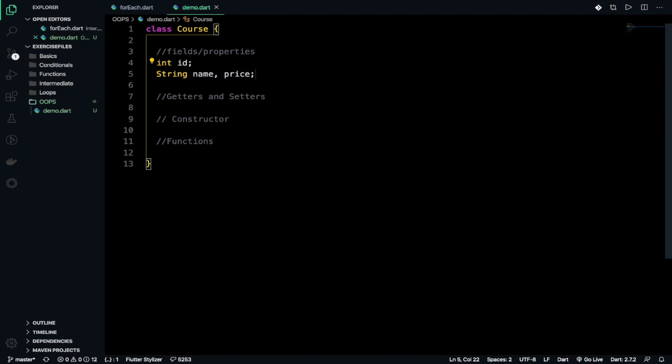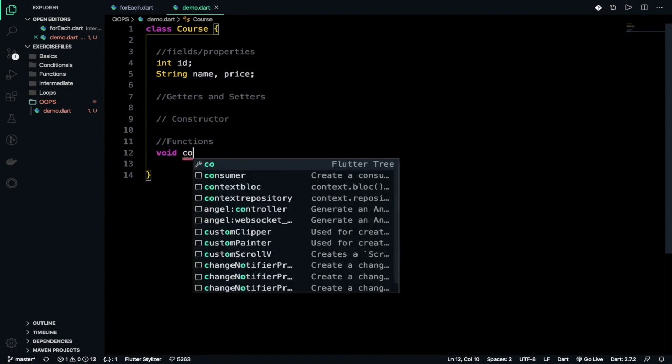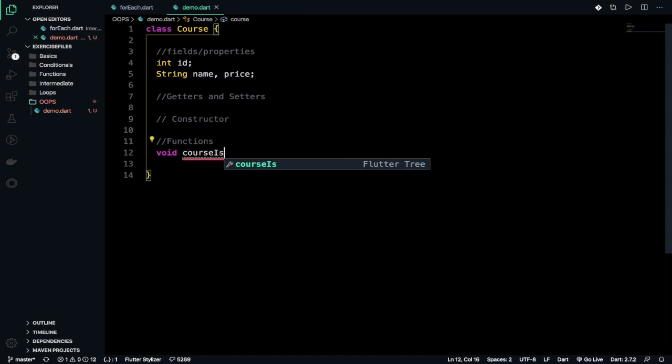I'm giving string name, comma, price. These are the fields and properties of that. Let's create a function, and you just have to give the function name with the return type and then just create it. I would like to give void because I don't want to return anything, and after that I want to give courseIsLive.